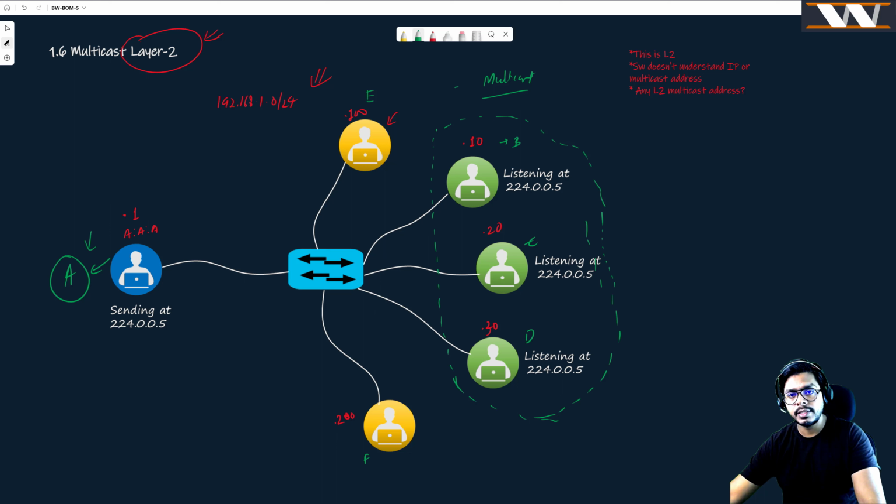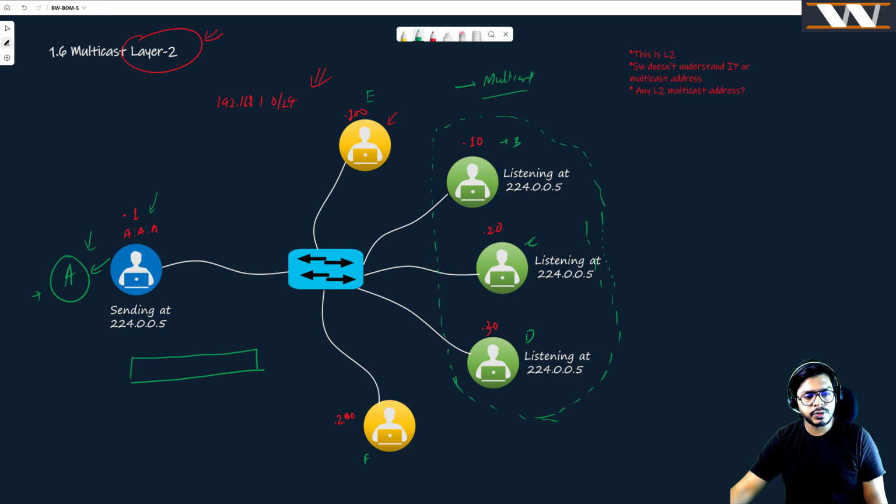Just keep the previous analogy in your mind and understand that unicast is not going anywhere. If this is an IP host, you have to assign the unicast address. So the unicast address is right here. But now, interestingly, this host is sending its message. Suppose it wants to deliver a particular video stream only to these green hosts and not those yellow hosts. So it has the source IP address, of course,